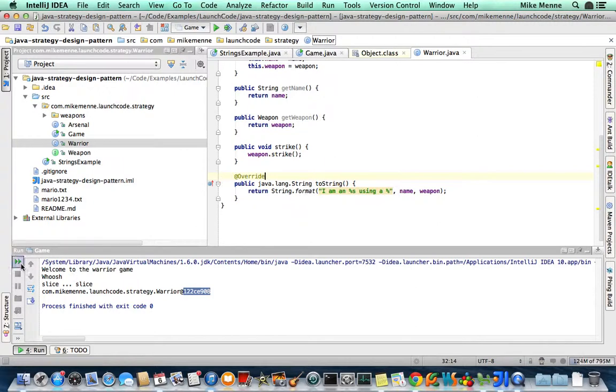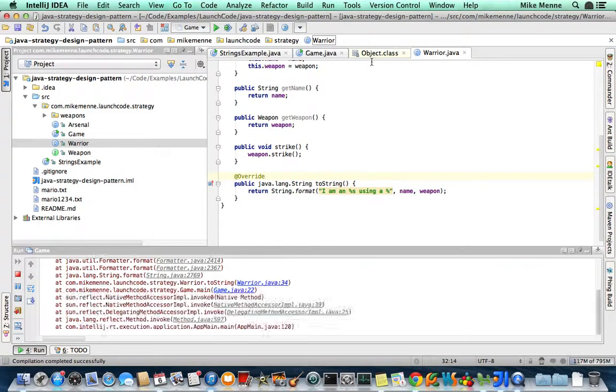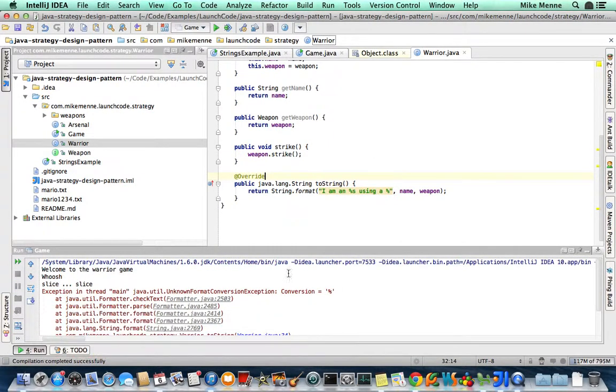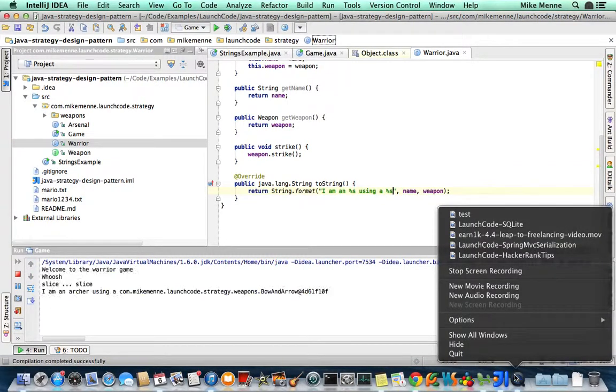So now, if we run our application again, we'll see that we will have replaced the default toString method in object with our very own. Okay, I goofed this up right there. And voila,